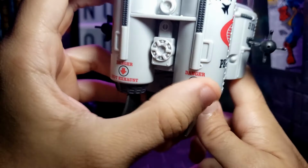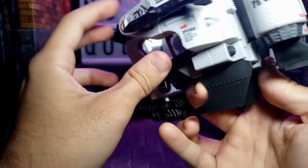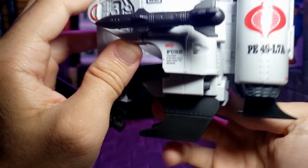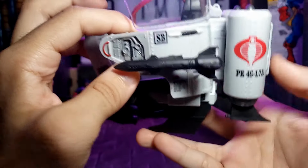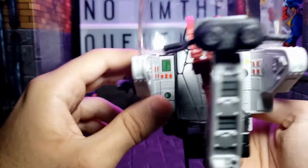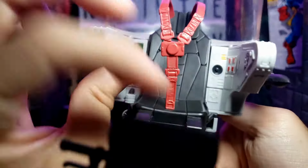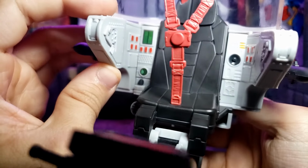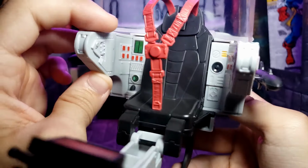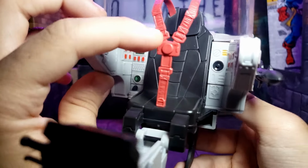As you can see, danger, hot exhaust. Yeah, this is the engines. On the side here, it says fuse, caution, electric, pull, and twist to release. A whole bunch of mechanical stuff on here, basically telling you don't touch this thing. It's a death trap. Whole bunch of little individual electronic panels in here, keyboards, a radar, all these little things on here. And for once, it has a seat belt,